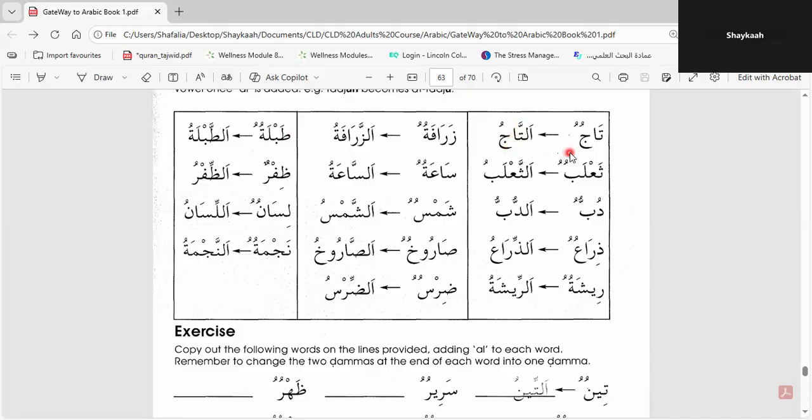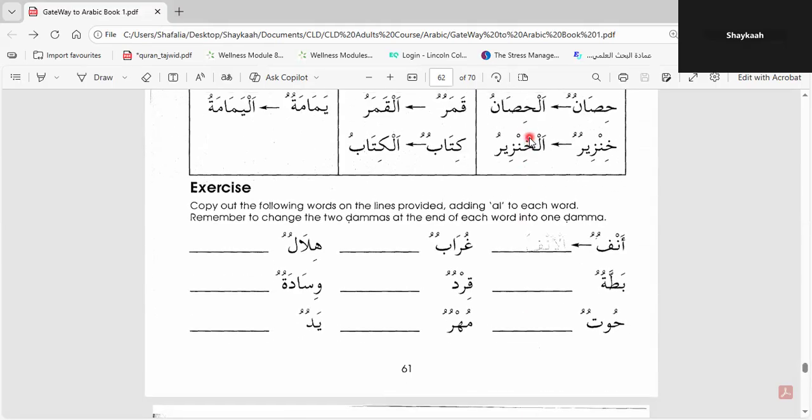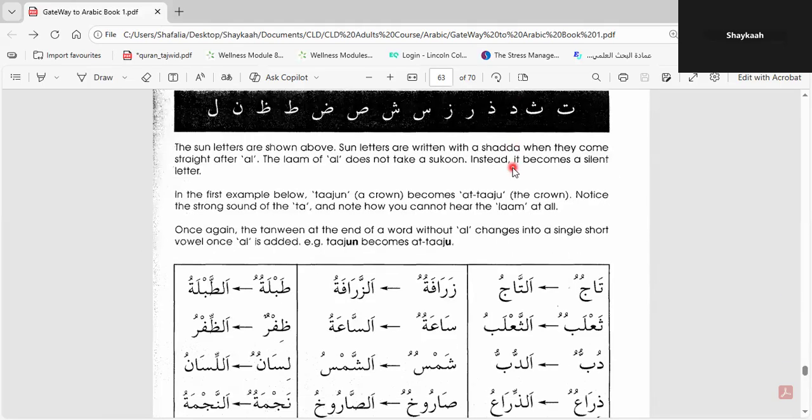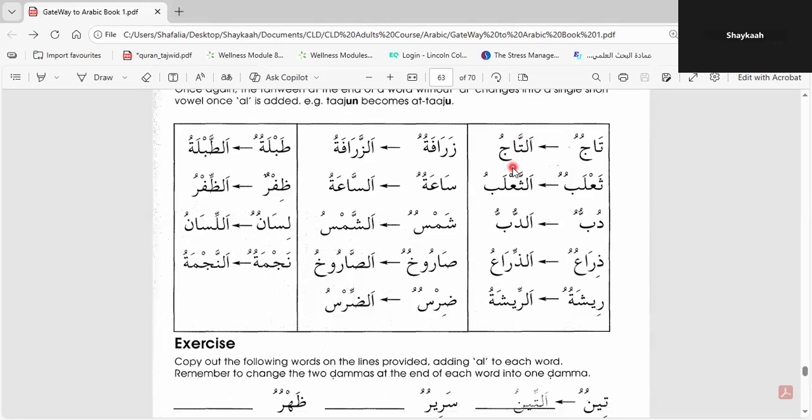So for example, tajun, okay, tajun, attaju, I delete one of the vowels, I don't say al. So here I was saying al-masjidu, al-arnabu, al-arnabu, lam. The lam is pronounced, but here the lam is not pronounced, it's dropped. So here, attaju,